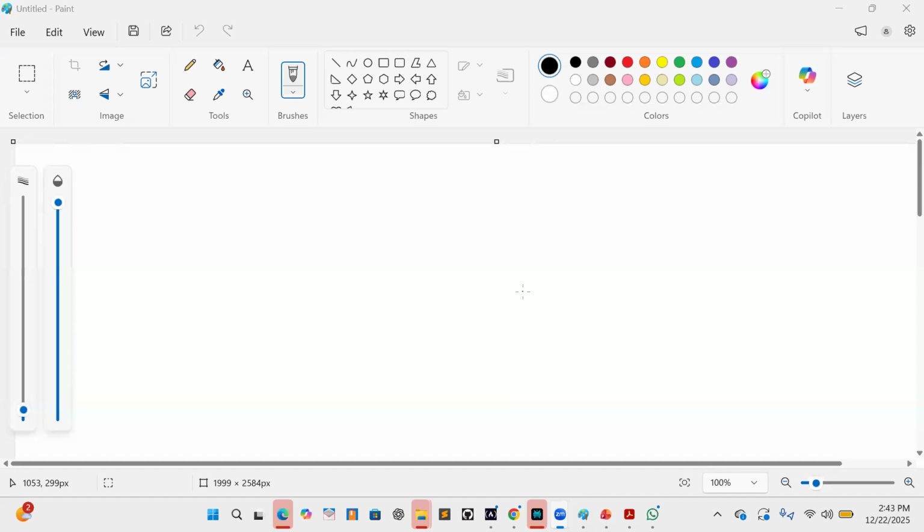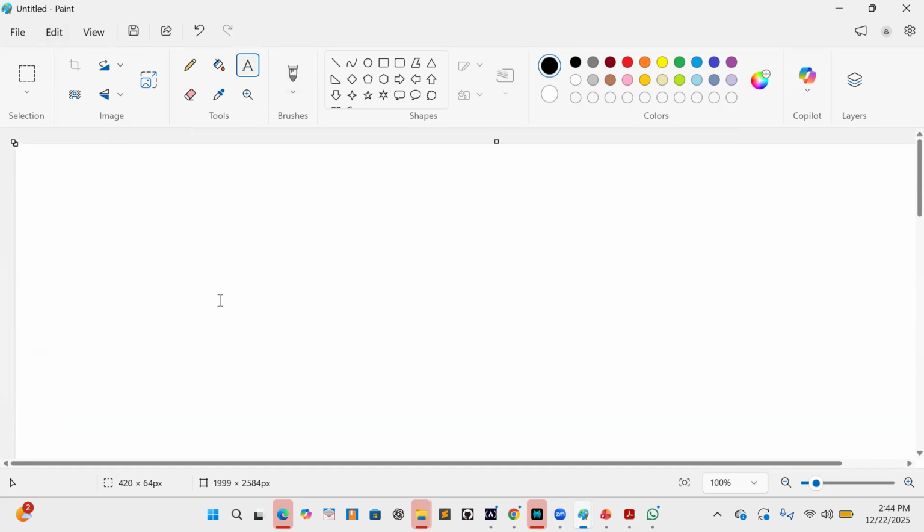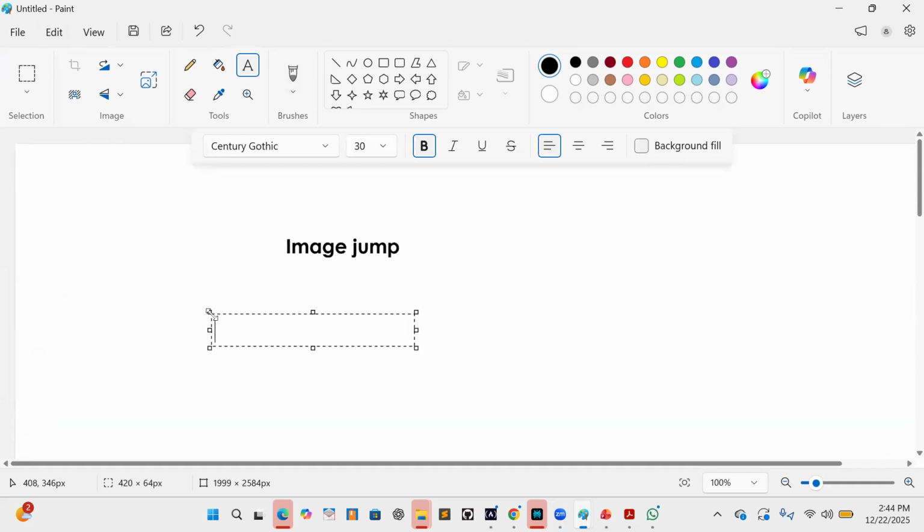Hi everyone. We're talking about image jump and image displacement. But the first thing we talk about is the image jump. So what does the image jump mean? From the name, the image is jumping. So it actually refers to a sudden change in image location